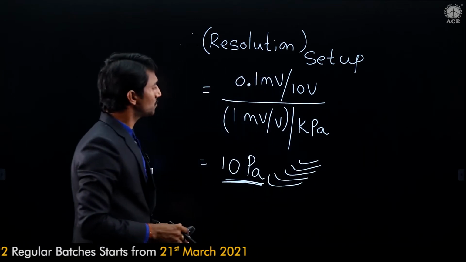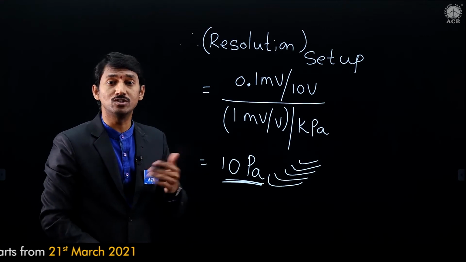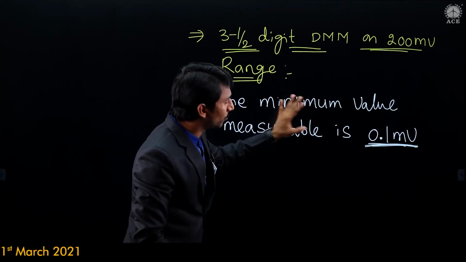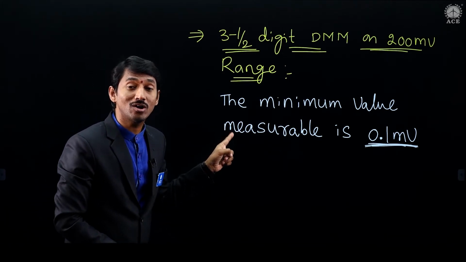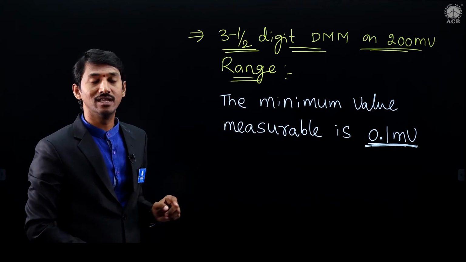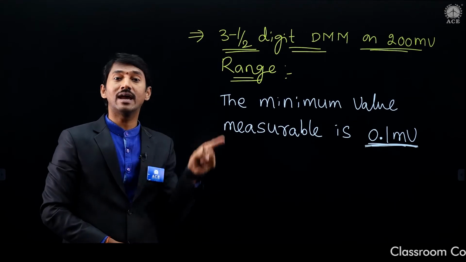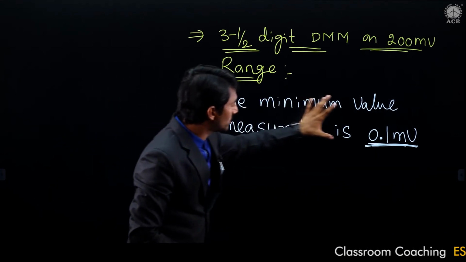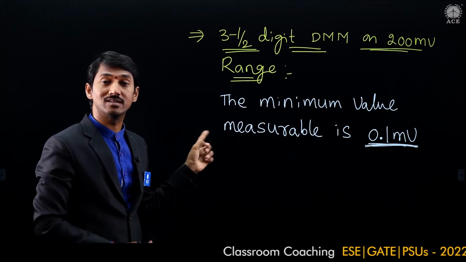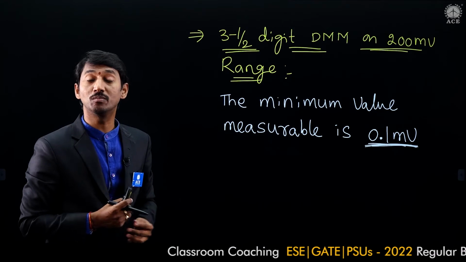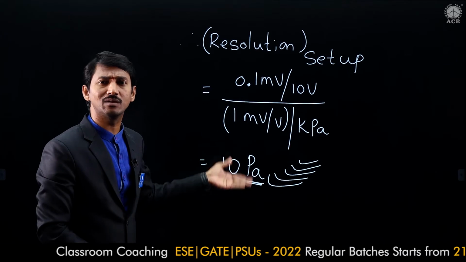In this also, a small confusion is there. Sir, he is asking the resolution. Therefore, people, by confusion, stop at this point only. Yes, he is asking the resolution. But be clear, he is not asking the resolution of the 3.5 digit. He is asking the resolution of the entire setup. So that is why the resolution we have calculated, but this and the corresponding piezoelectric sensor both must be combined. Then the final value will be in kilopascal, nothing but in terms of Pascal.